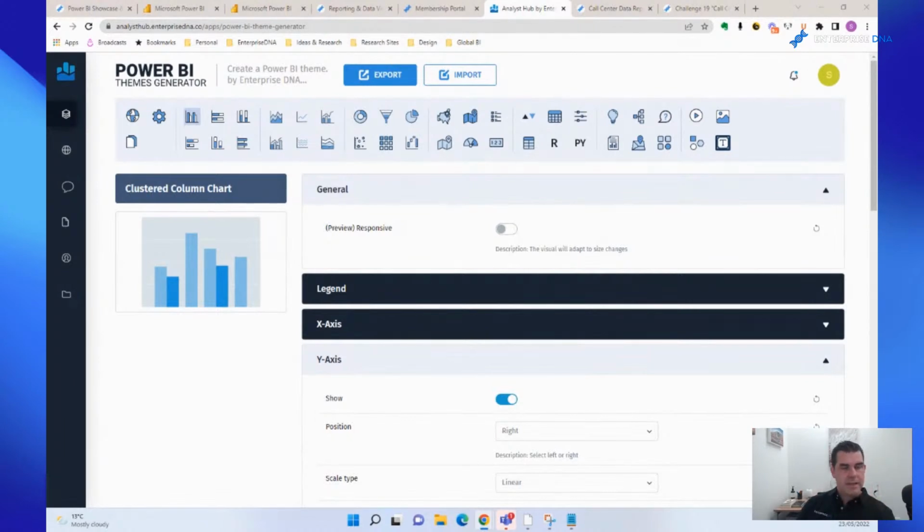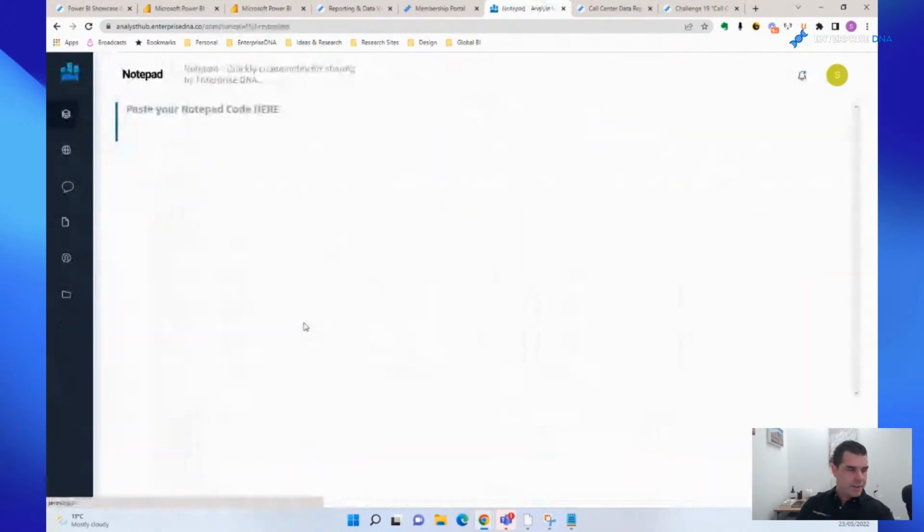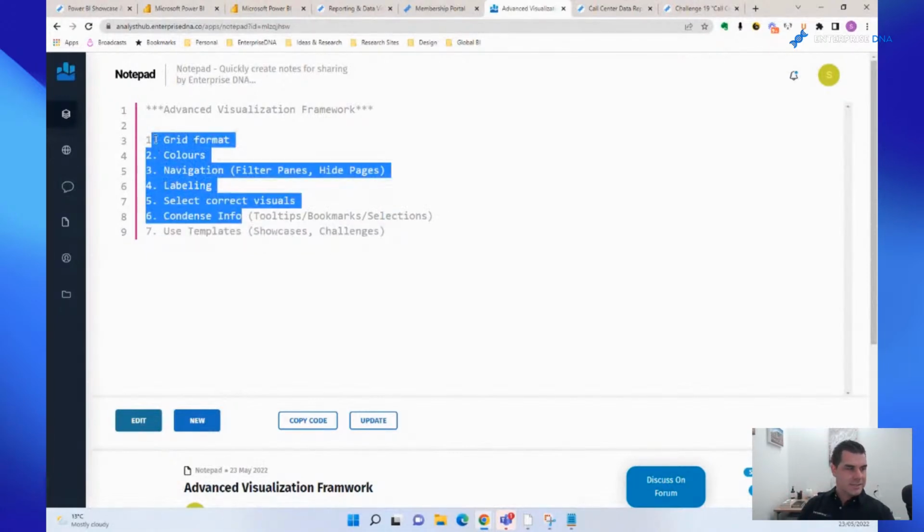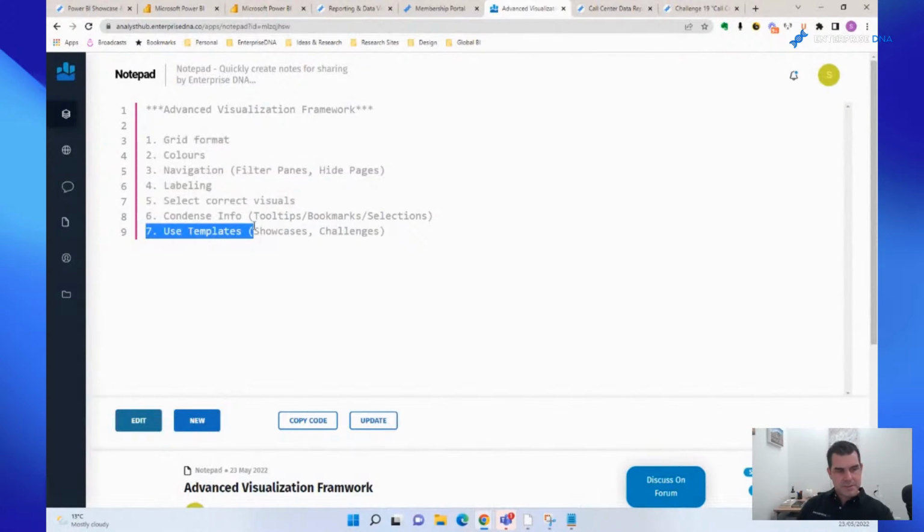Cool. Okay, I'm getting some good feedback around the framework, and hopefully a lot of you resonate with my simple and effective ideas here. There's no need to read a book about how to build good visualizations. It is as simple as 7 items, and this last one is more like an automation item. So really it's six key items, but I like to leverage others as much as I possibly can, so I've added that in here as well. These are the key things that elevate all your reports.